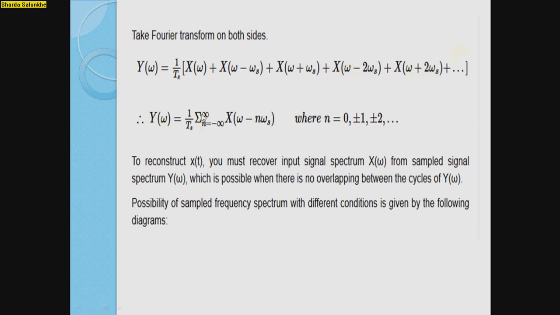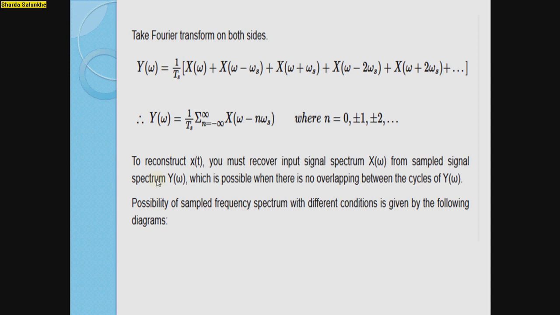So Y(ω) is equal to 1/Ts, summation n equal to minus infinity to infinity, X(ω − nωs). So the summation sign will be like this, by observing this series where n can be 0, plus minus 1 and plus minus 2. To reconstruct the x(t), you must recover the input signal spectrum X(ω) from the sampled signal spectrum Y(ω),